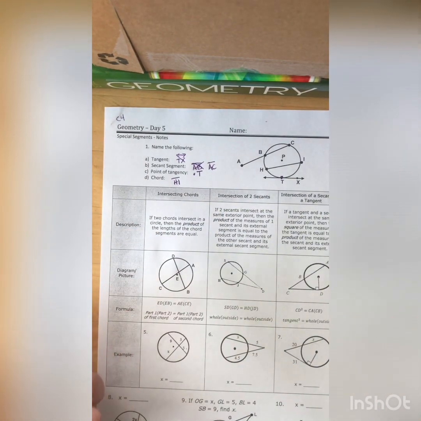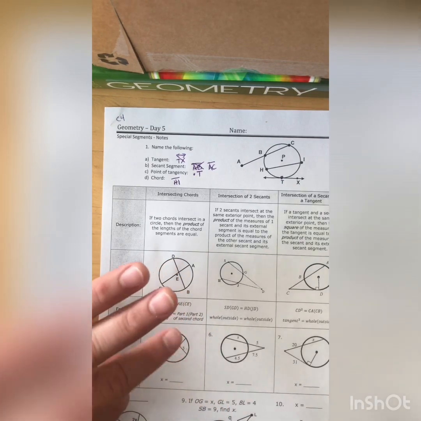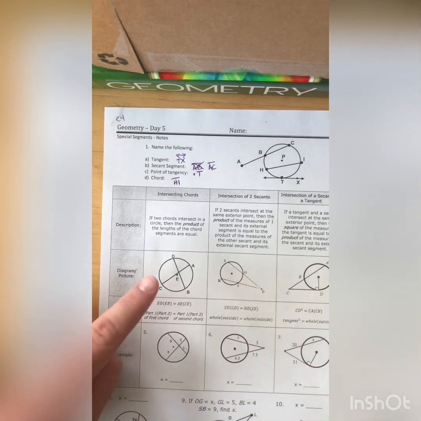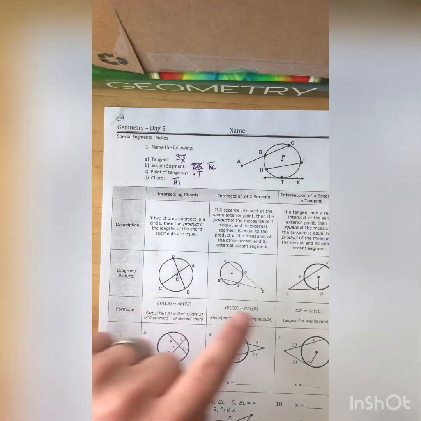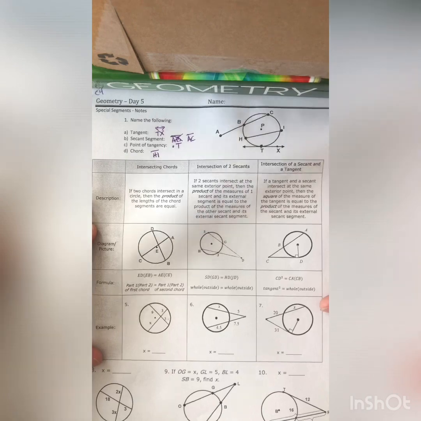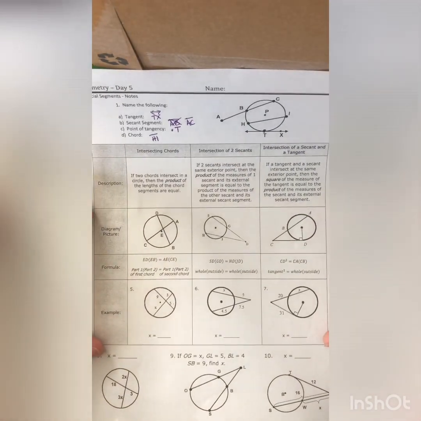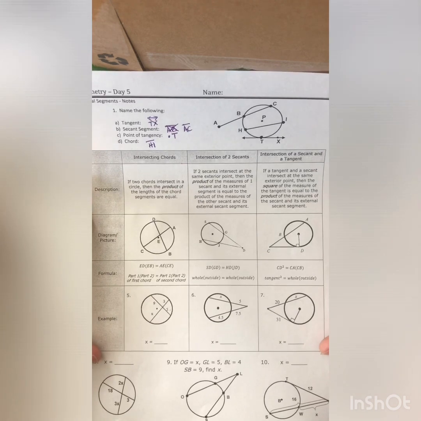Now we're going to be talking about the properties that we're going to be discussing today. Remember, there are 3 line segments we're using. There are chords, there are secants, and then there are tangents, okay? Each one of those line segments is going to have a different property, but you'll see how it plays into, especially on the formula portion of this table right here. So when you come back and look at this paper here, I'm going to try to get it all nice for you, okay? You can look back at these formulas, pause this video at any point, okay,